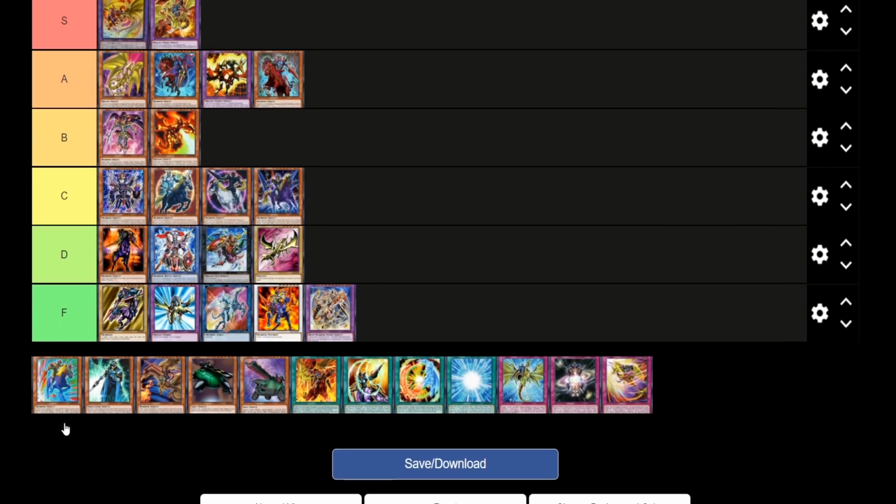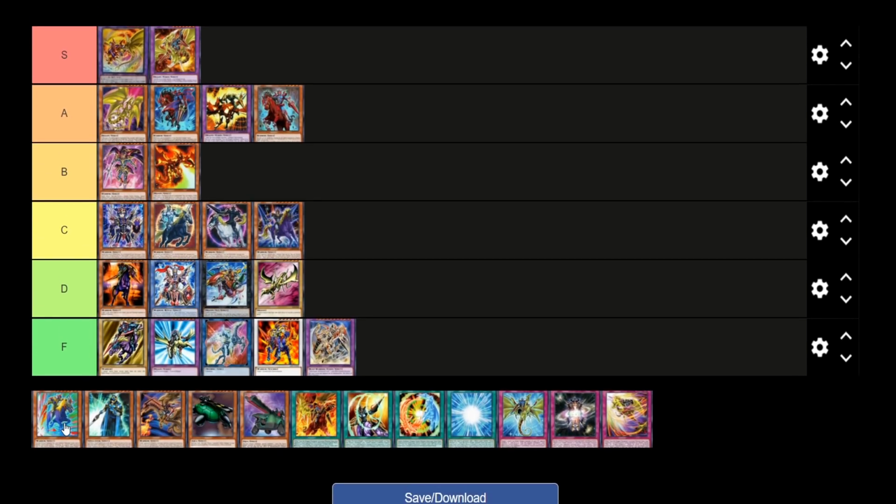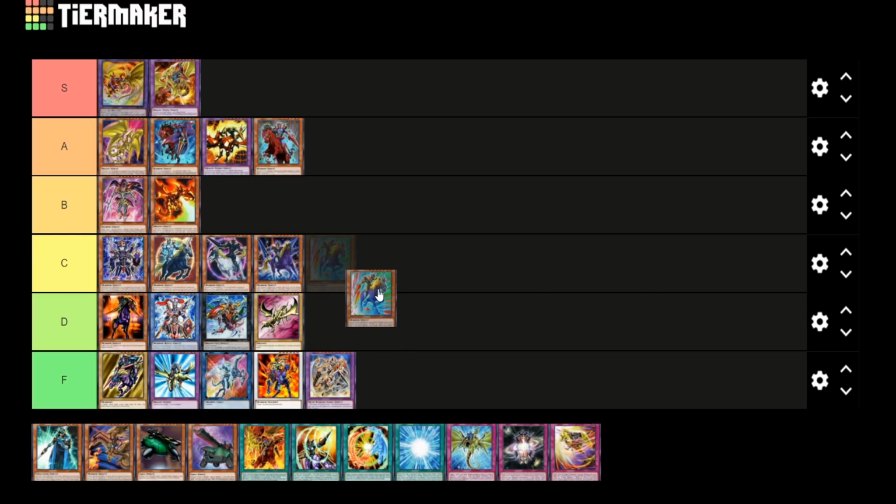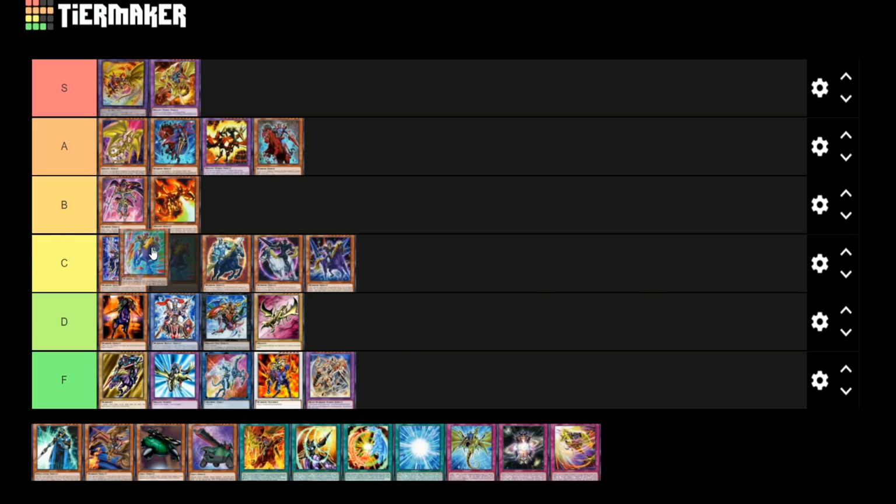Next is Charging Gaia the Fierce Knight. This is another one of these normal summon without tributing cards. You can normal summon him, he becomes level 9 when he comes out, and then if he's tributed, he has an additional effect, which is to add a Blacklisted Soldier monster from your deck to your hand. Which means any Blacklisted Soldier, including